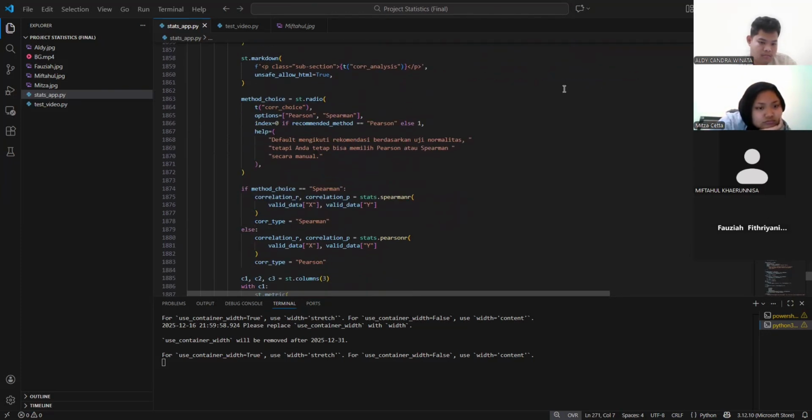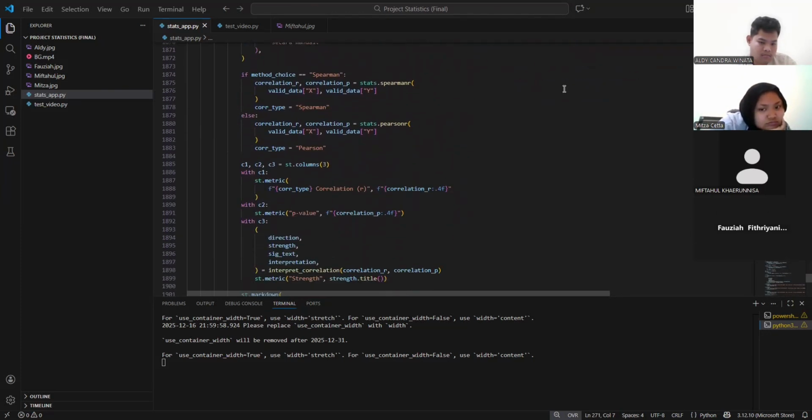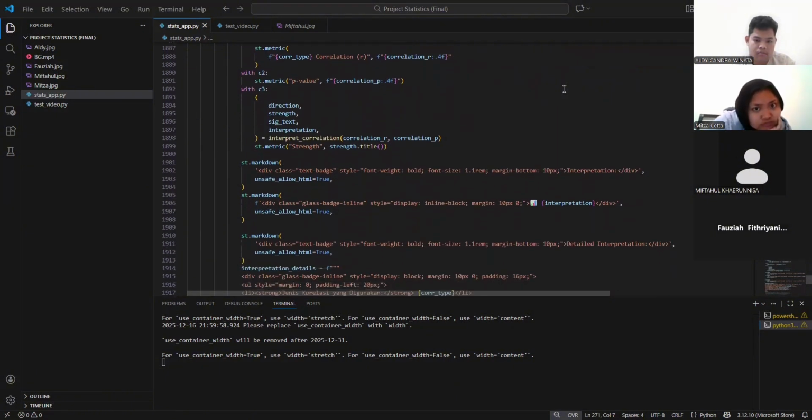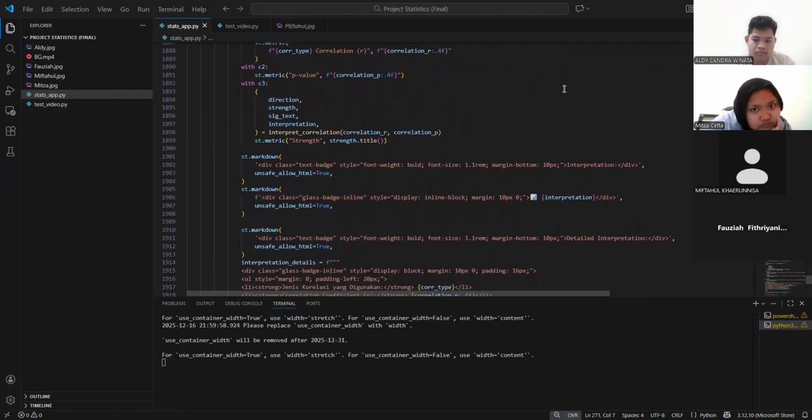This gives four graphs. First, histogram X total, blue, to see the distribution of X. Second, histogram Y total, red, to see the distribution of Y. Third, box plots side by side, to see outliers and spread. Fourth, scatter plot, green, to see the relationship of X versus Y.